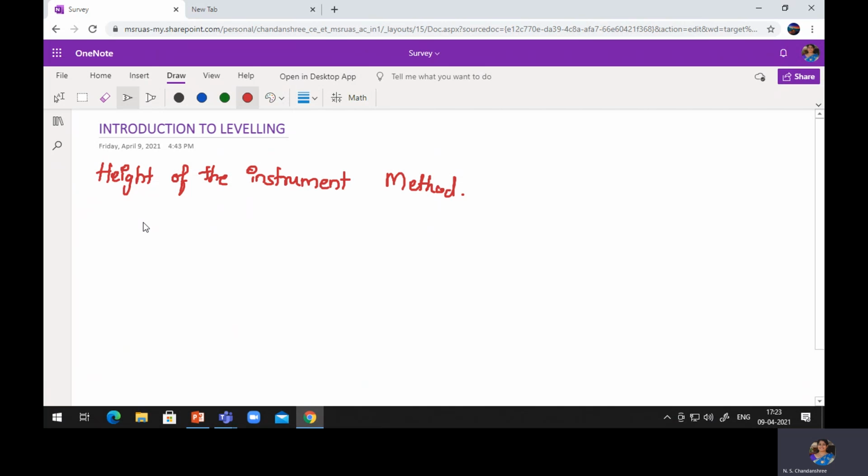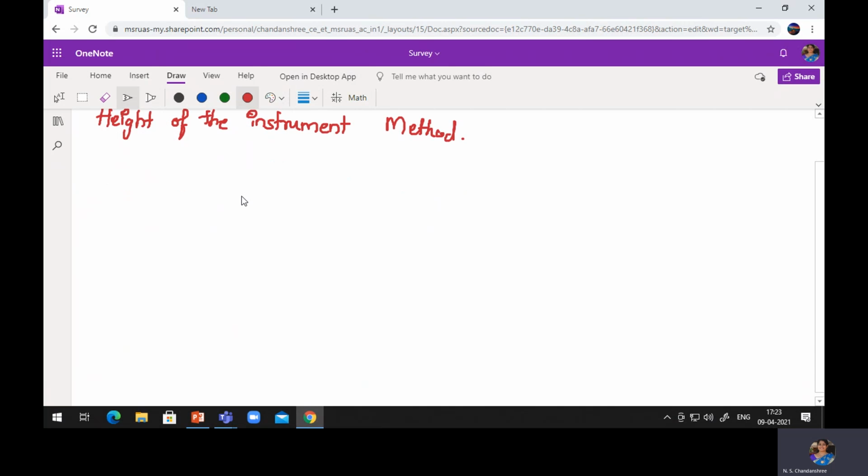Now the readings that are given to us in the field, we will only measure back sight, intermediate sight and foresight values. So the back sight value, we will write down the values now. Back sight is 0.385, intermediate sight is 0.290, then another intermediate sight is 1.430, next we have 1.330, next we have 1.